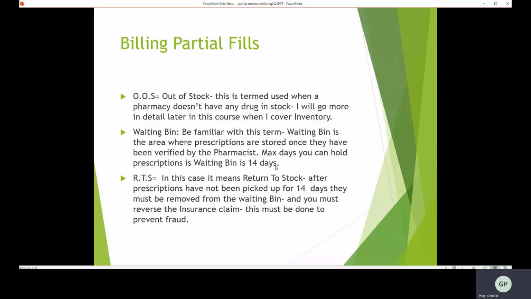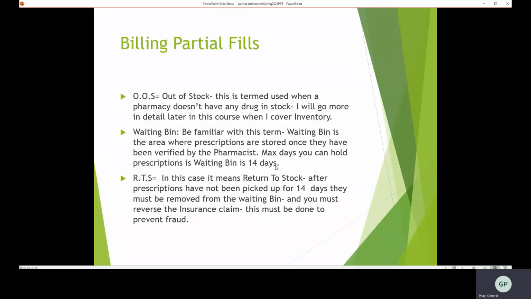It could be the prescription was too expensive, the patient decided they didn't need it anymore, or the patient just simply forgot that they had the prescription there. A lot of different reasons. Anyway, the most you can hold it there is 14 days. After the 14th day, when you get to the 15th day, if the person hasn't picked up their prescription and it's been billed to the insurance company,